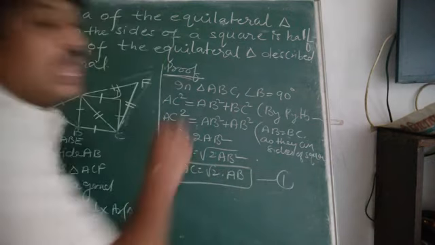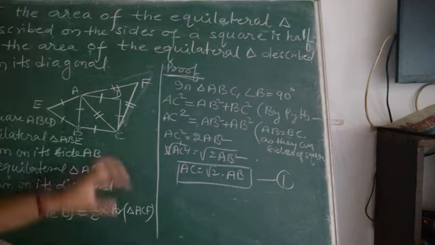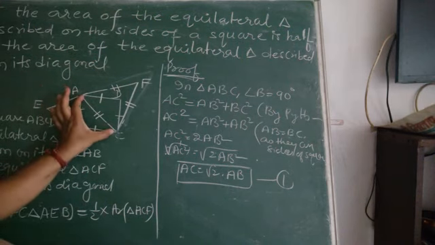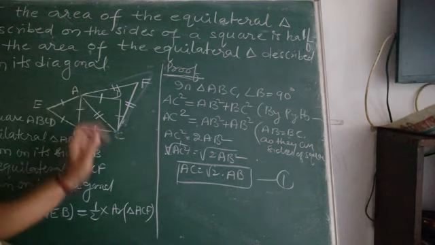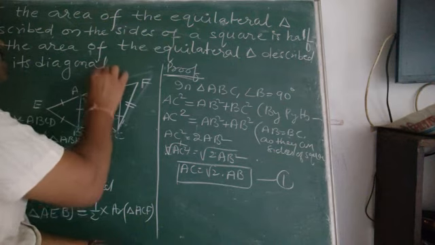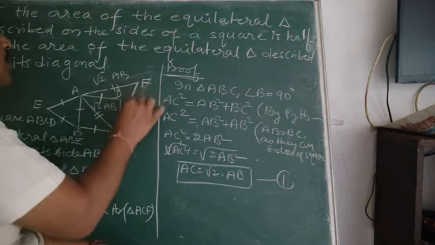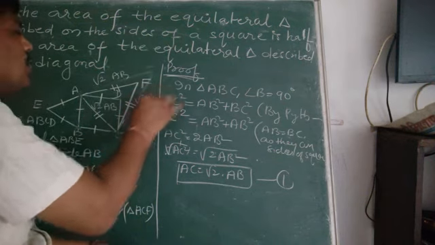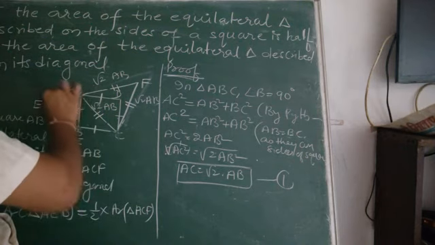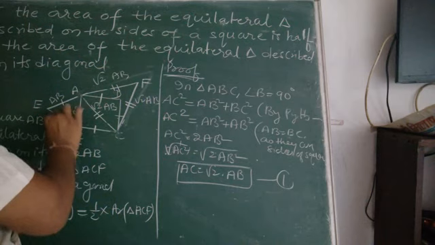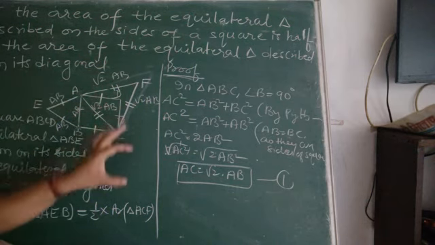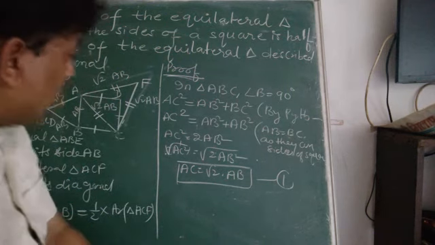This I have taken like the previous one. Okay. Now the length of the diagonal is known. How much? Root 2 AB. That is, this is root 2 AB, so this is also root 2 AB, and this is also root 2 AB. And here how much? This side is AB, this side is also AB, this side is also AB. Now all the sides are in the form of AB, so easily we can get the relation.